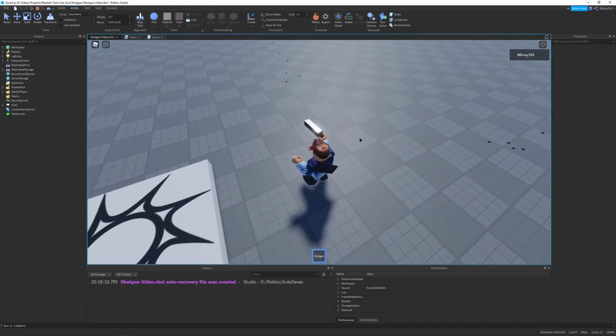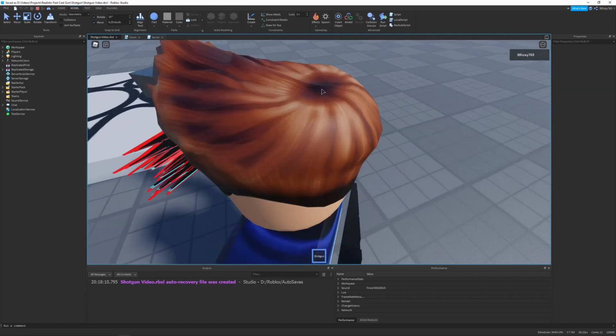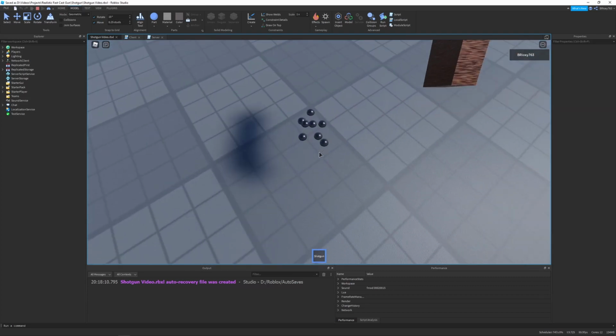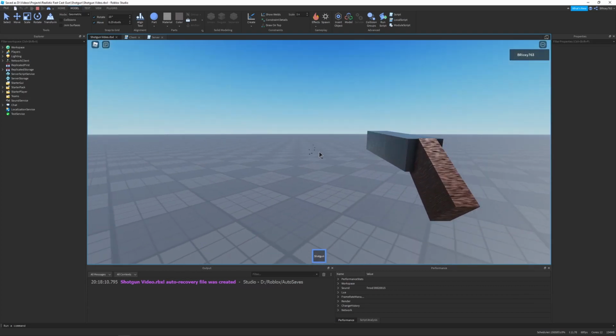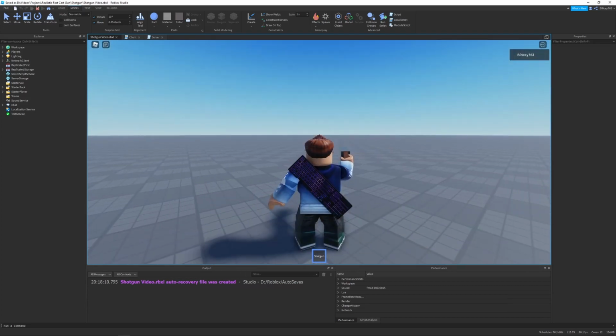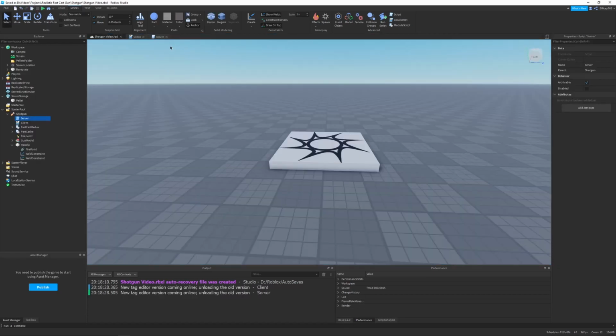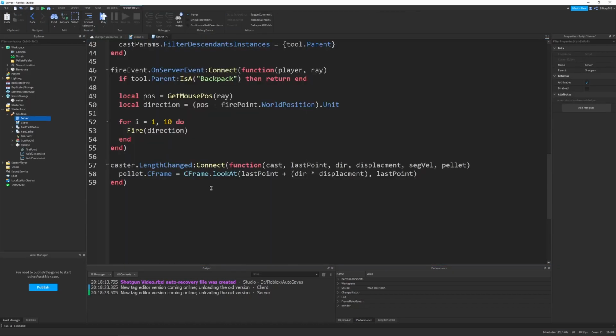And you can see, if they're a little small, the pellets spawn in. You can see they can be pretty collected, or if they're farther out, they are farther apart. And that works great. So our pellets hit, but they don't do any damage, and that's what we're going to do next by implementing